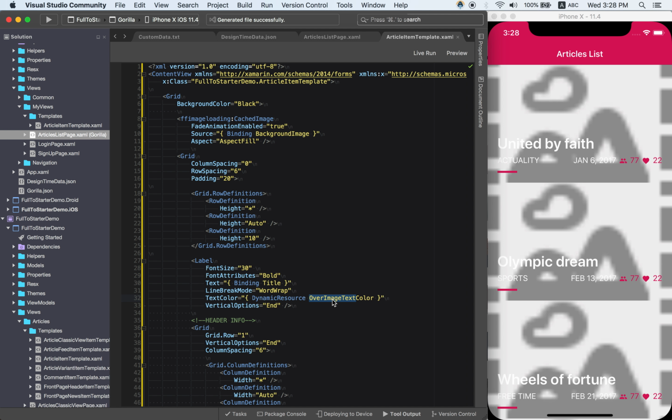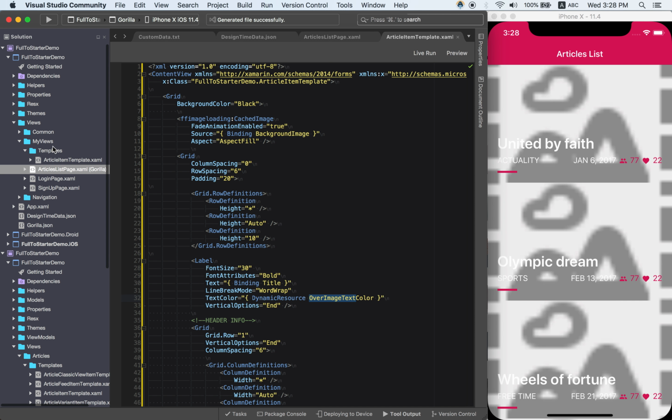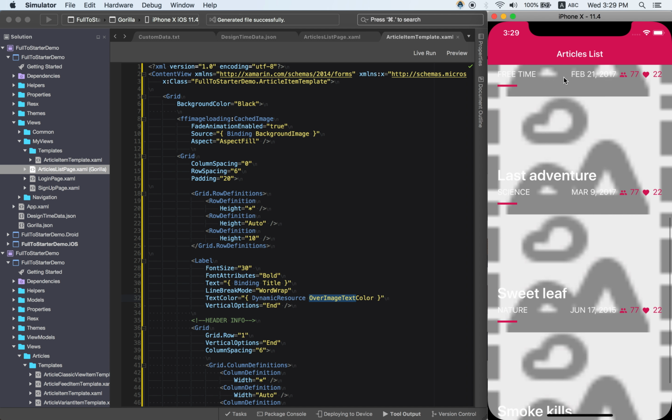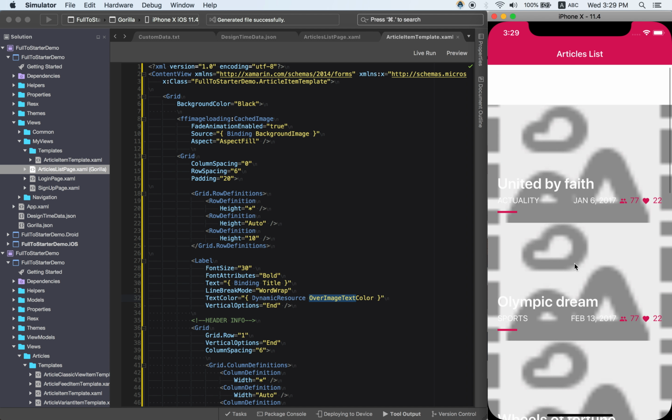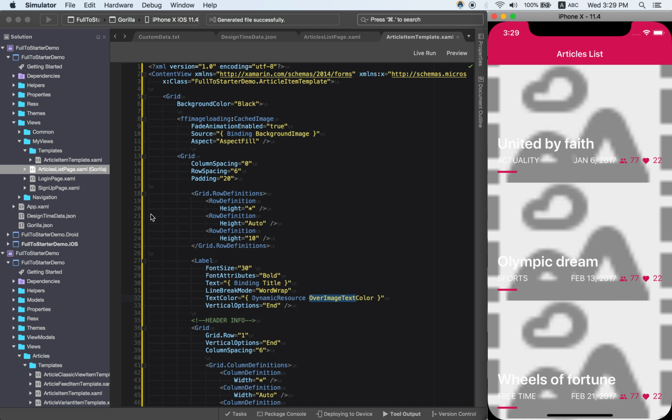Now there are two things you need also to keep in mind. Since we are working with the starter project, you don't get all the images that you normally get from the full sample. So that's the reason why you don't see them here. And also you could be thinking, well, where did all this data come from? There is a convention for Gorilla Player, which is a file called